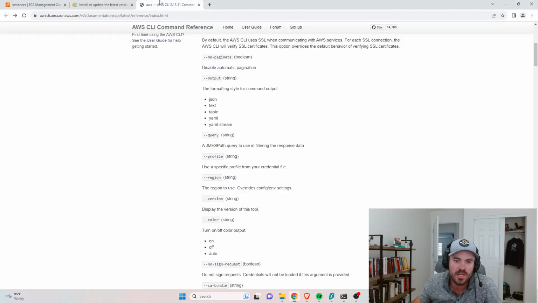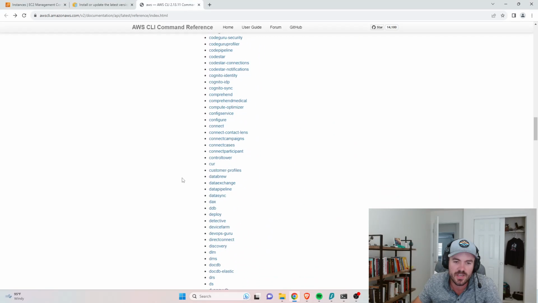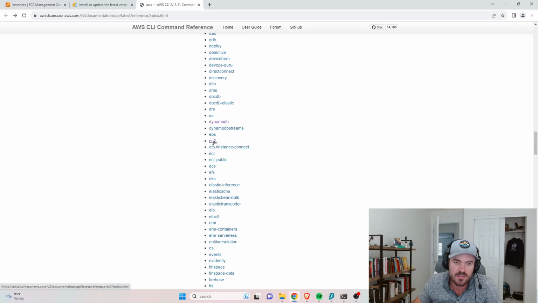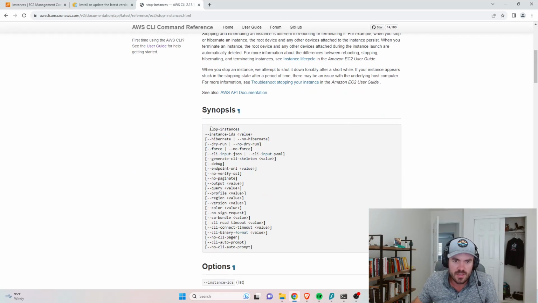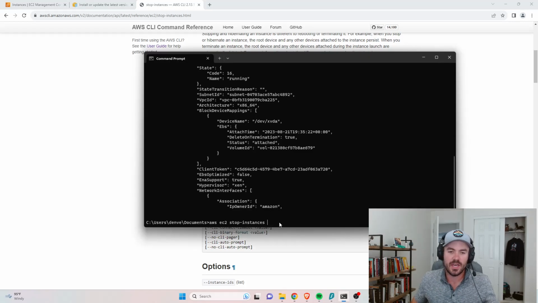And this is where we can reference the documentation here. So if I find EC2, and then I'm just going to do Control F here, go to stop instances. You could see that stop instances is the sort of key component, the key argument that you need. And then you're also going to need to specify an instance ID with the value, but there's also all sorts of other arguments and commands and values you could specify here. If you need to get quite specific, you could hibernate your instance, you could forcefully stop it, whatever you need to do, okay? We're just going to keep it simple, and we will say AWS EC2 stop instances, instance ID,